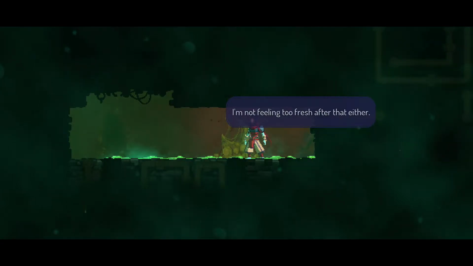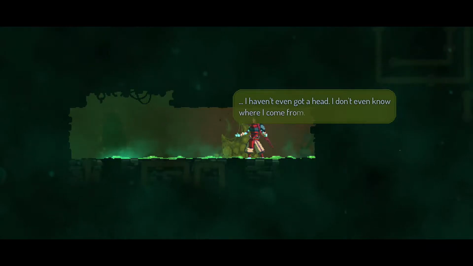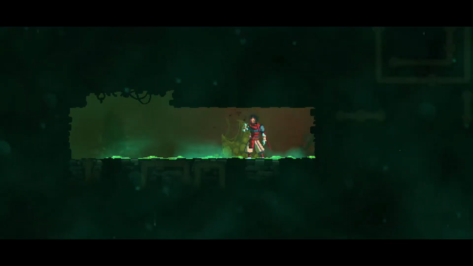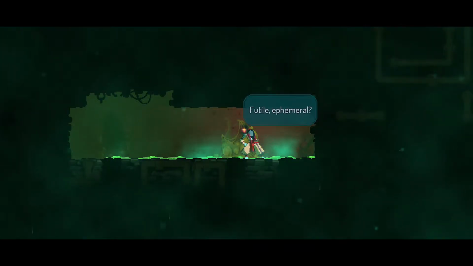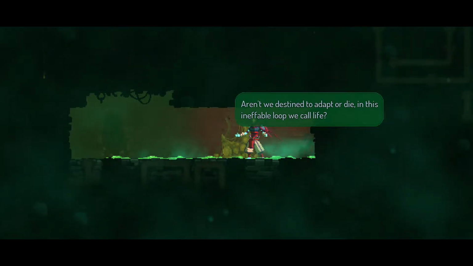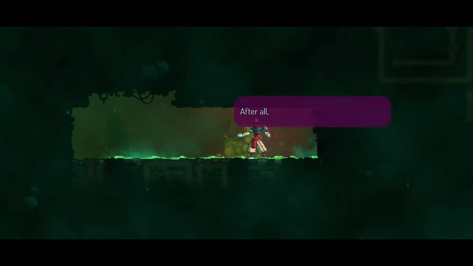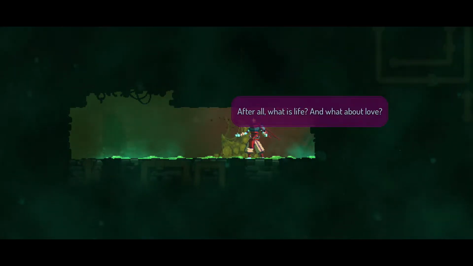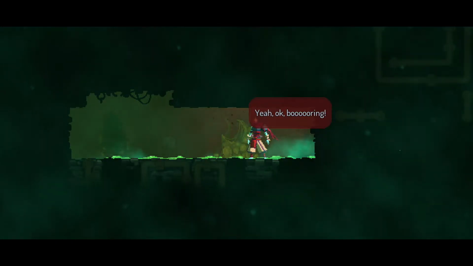All sorts of unspeakable horrors lived here. It's really revolting. I'm not feeling too fresh after that either. After all, who am I to pass judgment? I haven't even got a head. I don't even know where I came from. Might this cocoon be the very symbol of our existence? Futile? Ephemeral? Aren't we destined to adapt or die in this ineffable loop we call life? After all, what is life? And what about love? An inexorable series of moments stolen along the way at the dawn of...